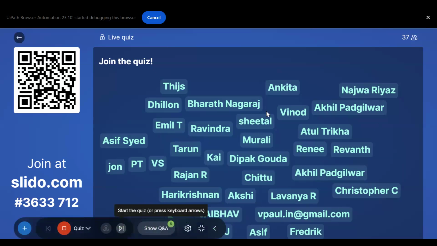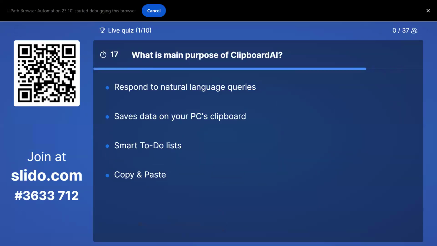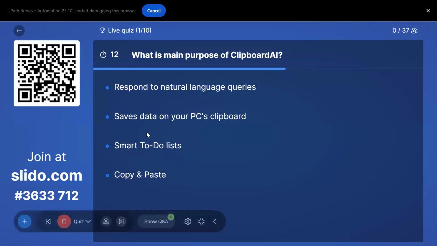Okay, has everybody joined in? I think we can get started. All right. Here comes the first question. Be ready. You would be having 20 to 30 seconds based on the question. Whoever chooses the correct answer the fastest would be topping the leaderboard. And you don't necessarily need to look at the Zoom screen. You can just look at your phone or wherever you're accessing the quiz.